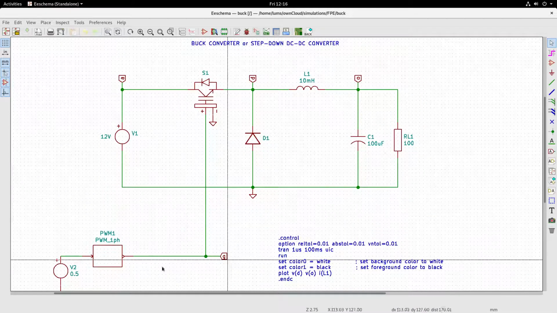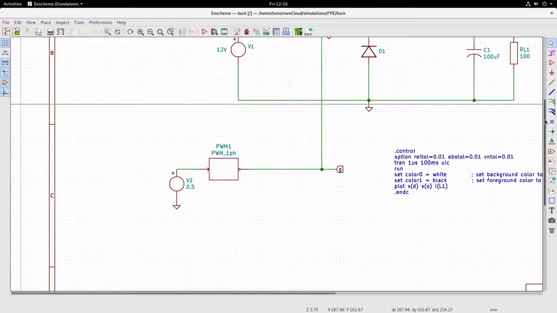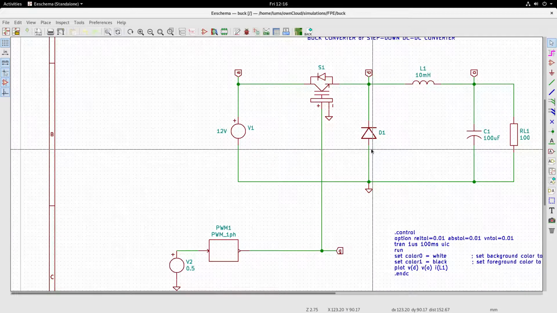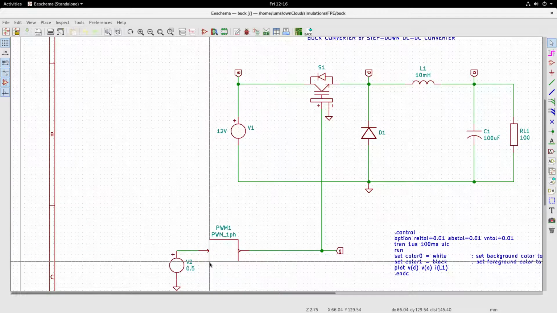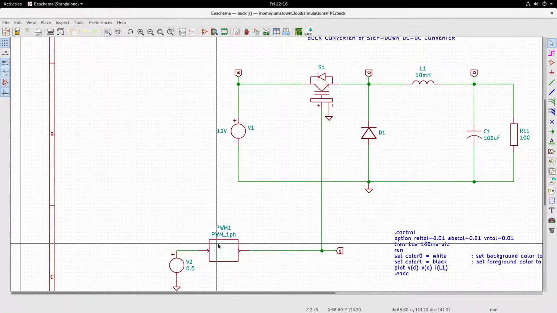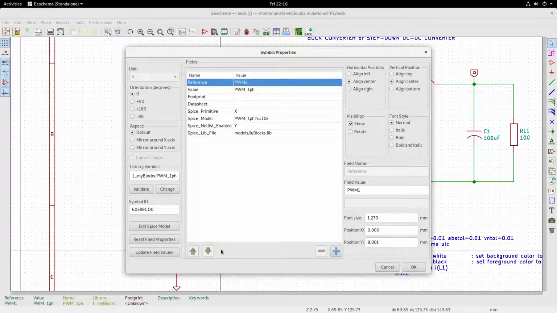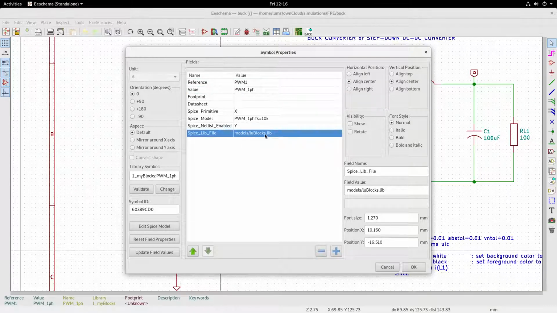Now this is the new component that you will be seeing here, and this is the PWM, which we had not included in the previous simulation sessions for use with KiCad. You saw in the GEDA simulation also that we needed a PWM block. So this is that PWM block. If I double click on that, you will get the details. You see that this is the PWM block, single phase. Now you see where it is located in the models, lublocks.lib. That's where it is located.